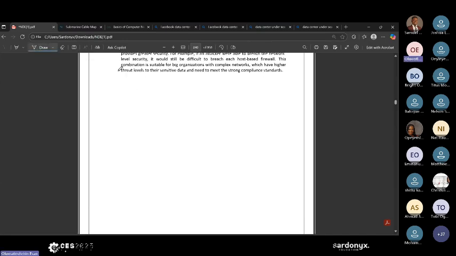Let me go back to our protocol data unit. Sorry about my handwriting. So this is what we call PDUs, and we are going to be talking about the PDUs for each OSI layer. And I'm using that car we were talking about yesterday.